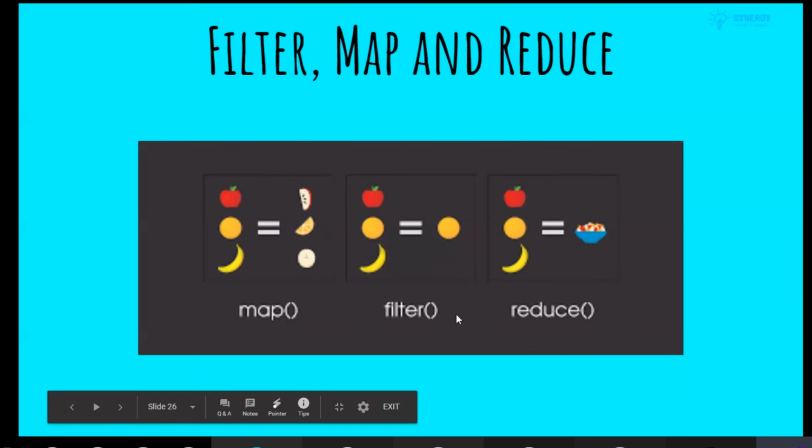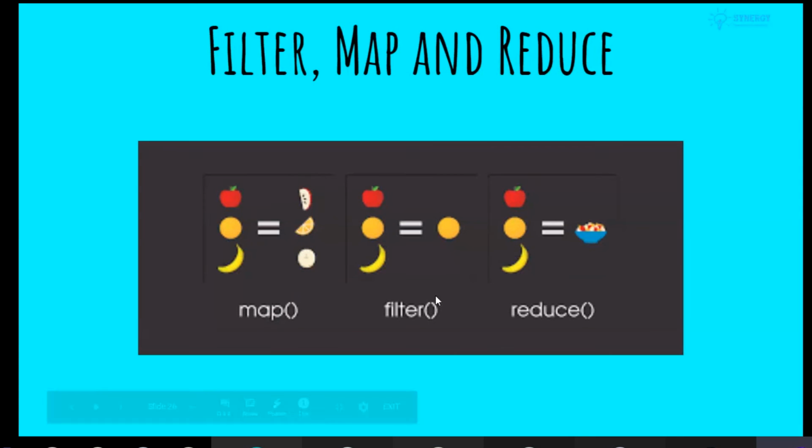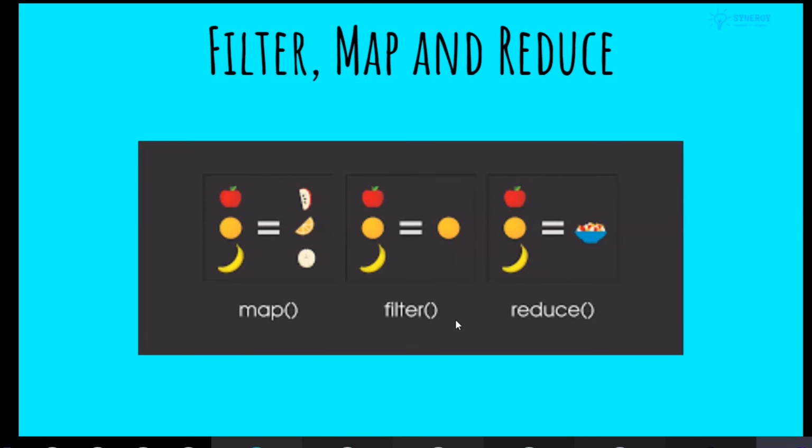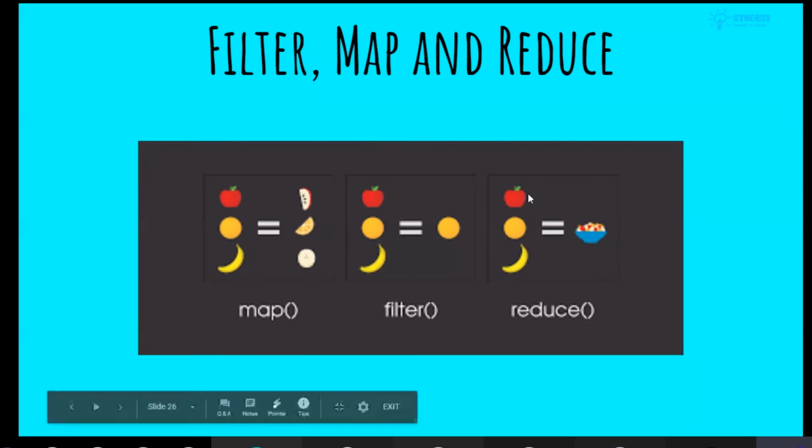Next, we have this filter method. Filter, as the name suggests, will filter out the values. For example, I have a list of values 1, 2, 3, 4, 5, 6, 7, 8, 9, 10, and I only want to have even numbers filtered out. In that case, we make use of the filter function, and we use the logic of the even function. So if x mod 2 equals 0, we want to return the value. As you can see in this demonstration, out of apple, orange, and banana, orange gets filtered over here, and these two get removed.